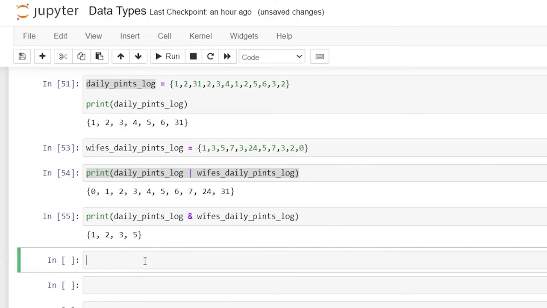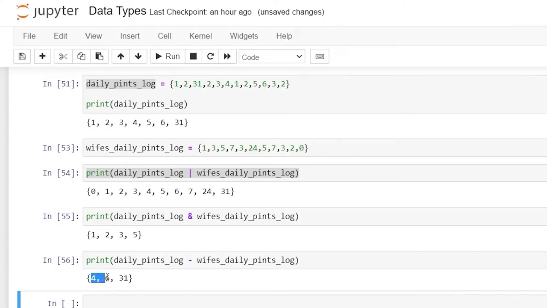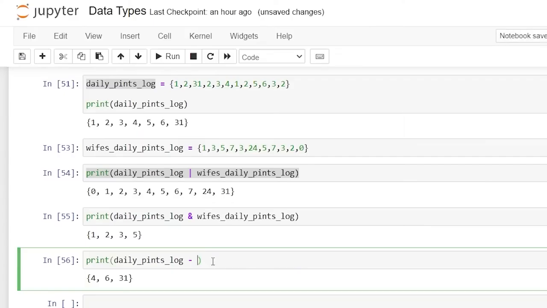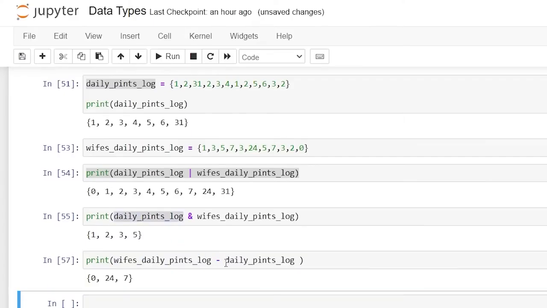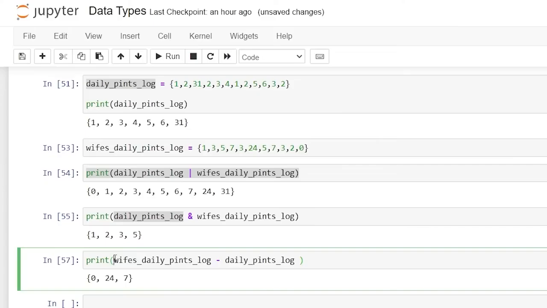We can also do the opposite of that by doing a minus sign. And this is going to show us what doesn't match. And so we have 4, 6, and 31. Now, where is our 24 that was in our wife's daily pints log? It's in this one, but we're subtracting the values on this one. So let's reverse this and we'll say daily pints log, and let's run it. Now those are our other values. So we're taking the values of this and then we're subtracting all the ones that are the same and getting